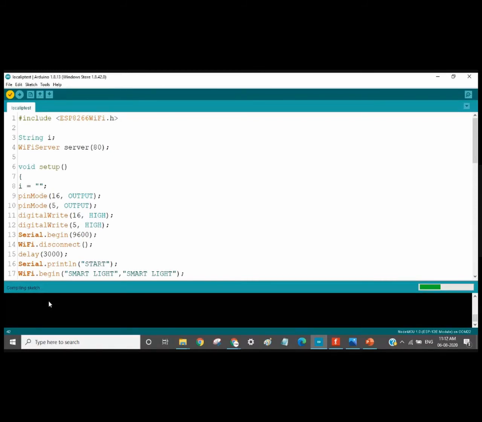Okay, someone is asking how to define an IP for each device. So see, if you want to have multiple devices at your home and you want a specific IP, you can do it inside the code also, right? For example, you can set a local IP. You cannot set a remote IP because your router will be having a dynamic IP, right? In case of business routers, if you have a business plan, then your IP will be a static IP, right?